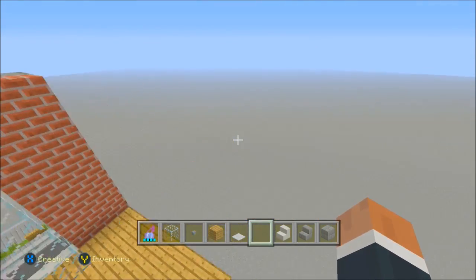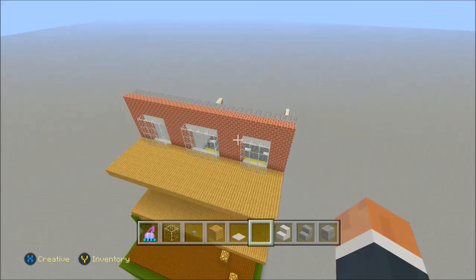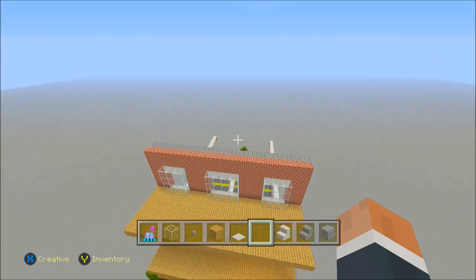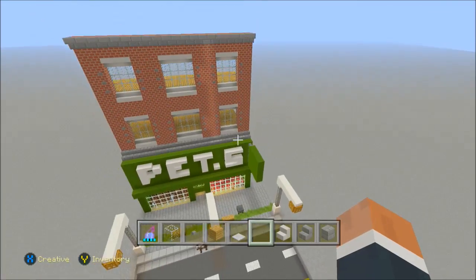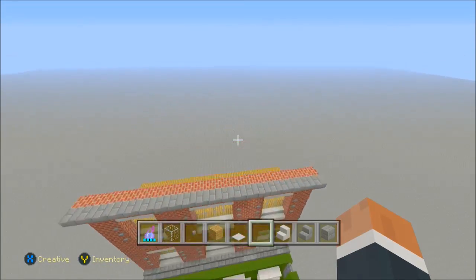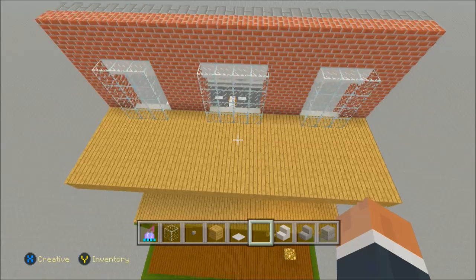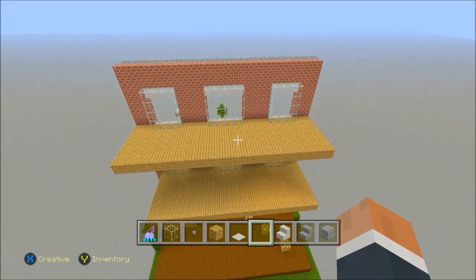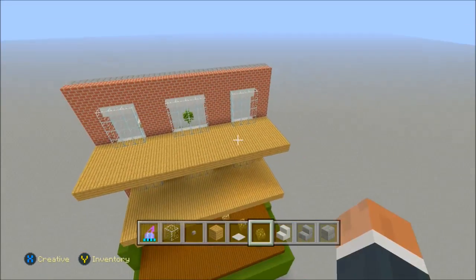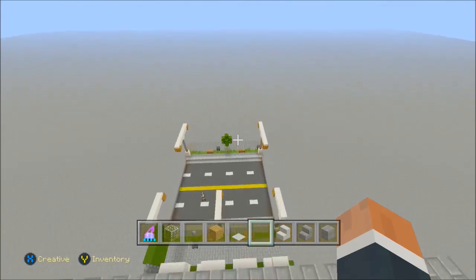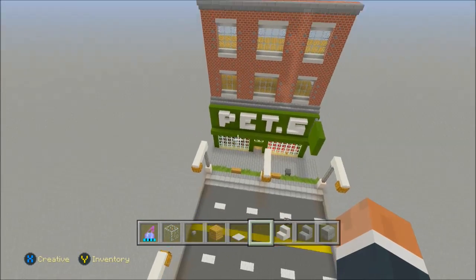So in the next episode, we're going to be doing just the structure. We can't do the interior of this, because if we do the interior of every single block, it will take forever. So we're not going to do that. We're just going to do the stairs structure, the top, the detail on the top, because there's some detail on the top, and then we're gonna go on to the roads in the next episode.